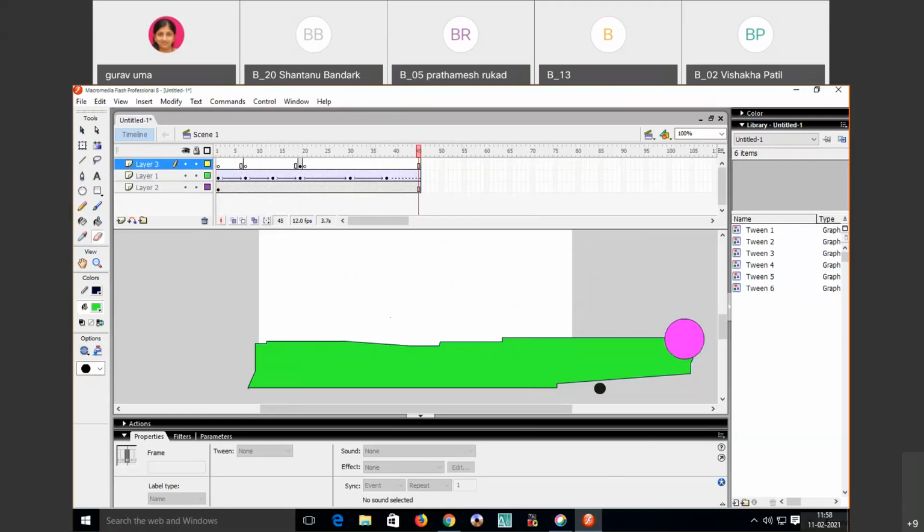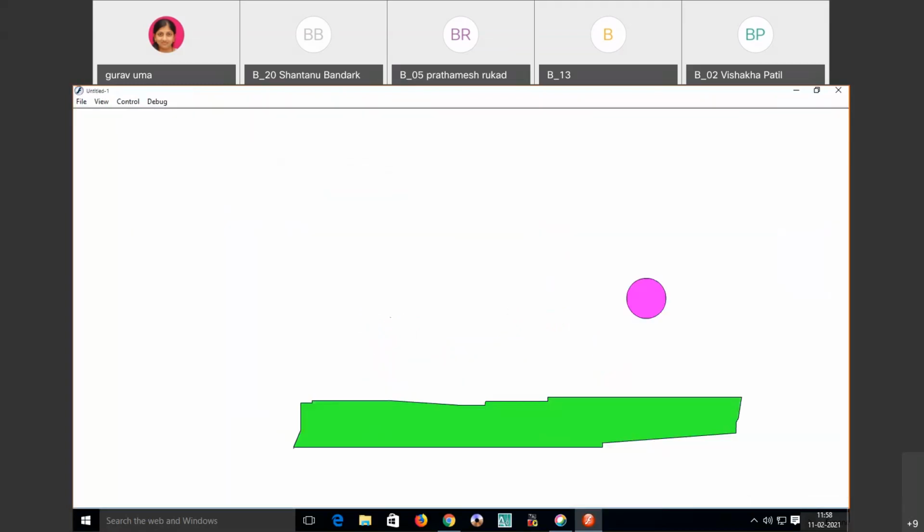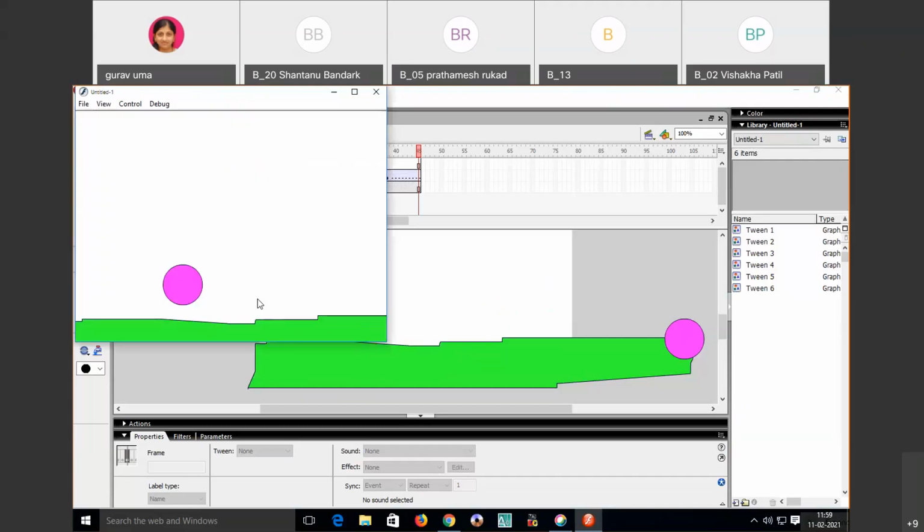See here, only at the third position we are seeing the scratches. At the second it is not showing because we have not set the key. See, this dot is not in black color. That means we have not set the key. So to set the key, again you have to click on F6.